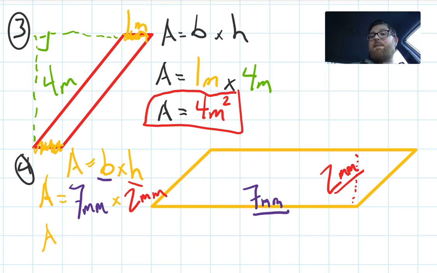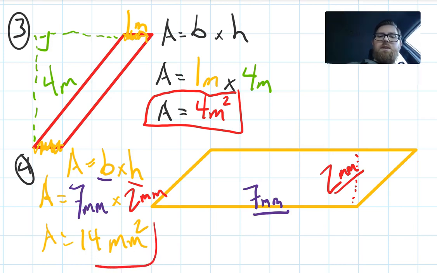Okay, so I have 7 times 2, which is, you guessed it, 14. Write down the symbol of measurement, which is millimeters, and then square it. And there we have our answer for this last question, which is the area for this yellow parallelogram is